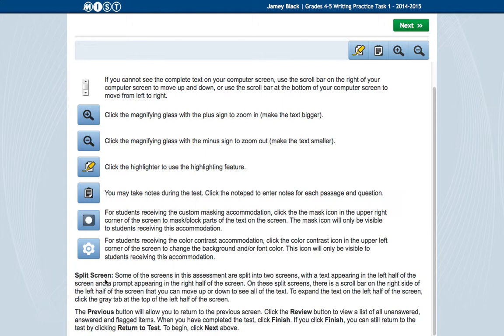Notice this is important. You sometimes will have a split screen. They're split into 2 screens with the text appearing on the left half, and the prompt or the writing portion being on the right half. There's a scroll bar on the right side of both screens. I'll show you that in just a minute. And then there's a previous button to allow you to return to the previous screen. As we look at the actual test, you'll see